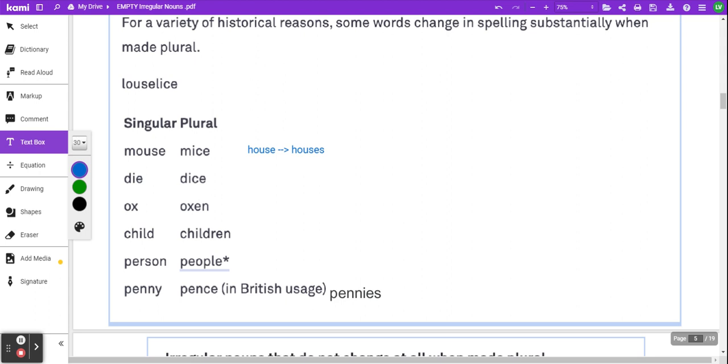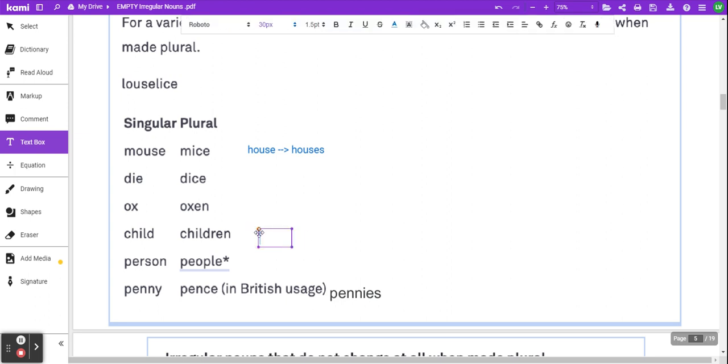Now, oxen is an animal. Then you have child, which is one, and then children. So yo he escuchado antes que people dicen my child and my childs. No es childs. No existe la palabra childs. It's child and children. Ahora puedes cambiar y usar otra palabra, which would be kid and kids, porque la palabra